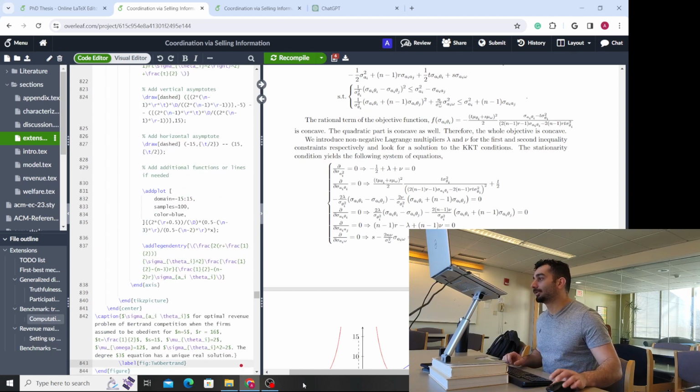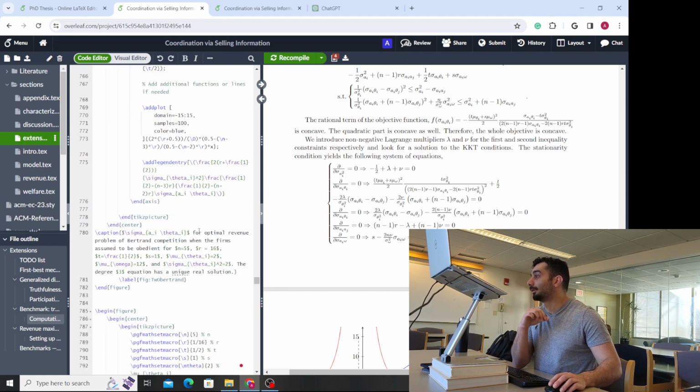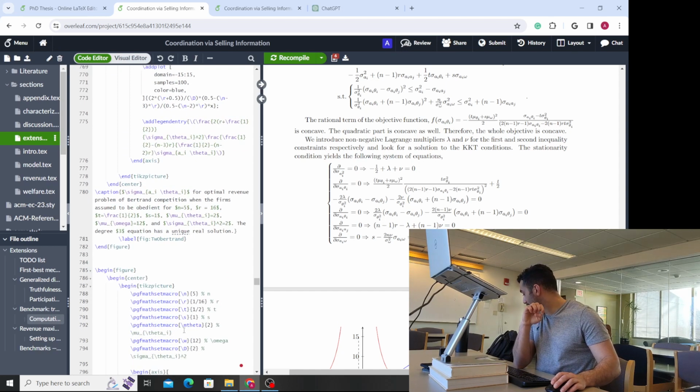And we will change the label to Cournot, and here